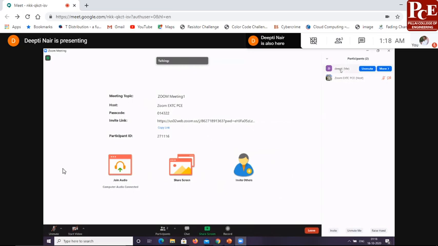Whereas against my name, there is no designation. That means I have joined as a participant. And as a participant, at the bottom of the Zoom window, these are the controls that a participant will have. Now in this, a very important thing is raise hand on the right hand side bottom.